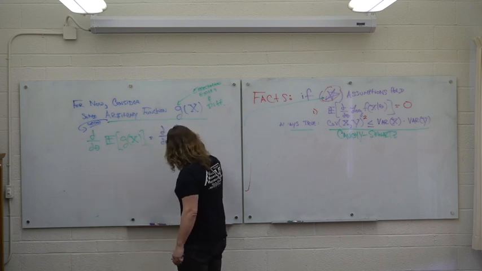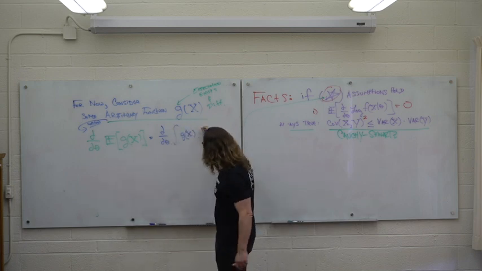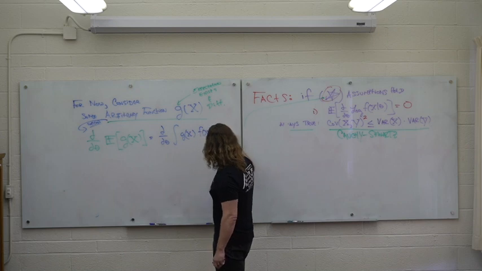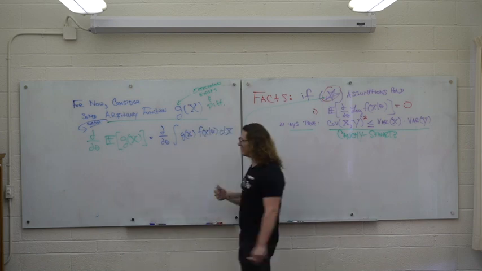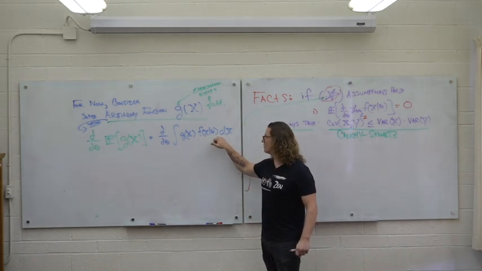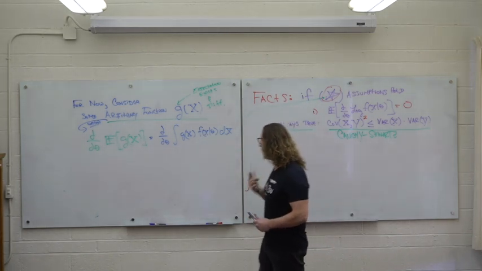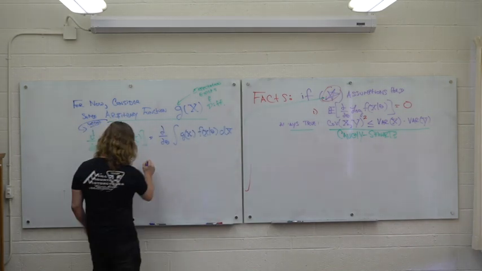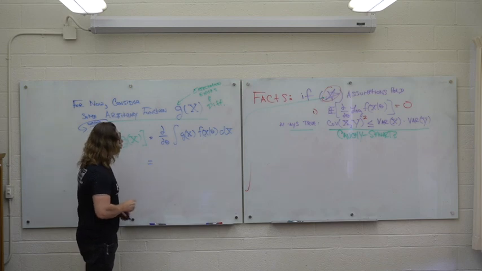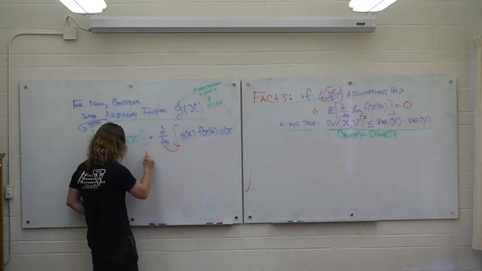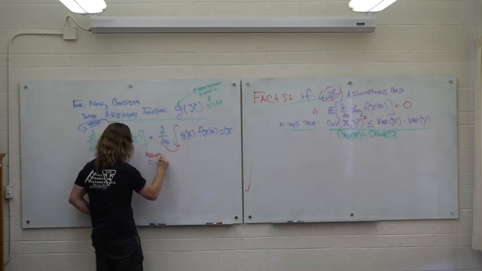Integral g(x) with respect to its sampling distribution. So my expectations all mean the same thing in this lecture. They're always being taken with respect to this distribution. And I'm going to invoke my assumption. So my assumption, where I can slide this over here, I'm going to apply.